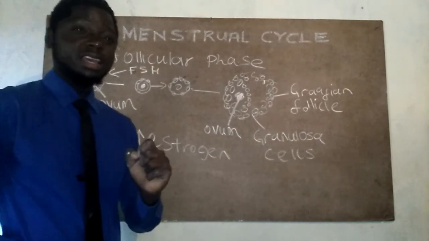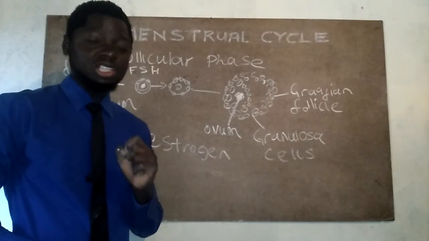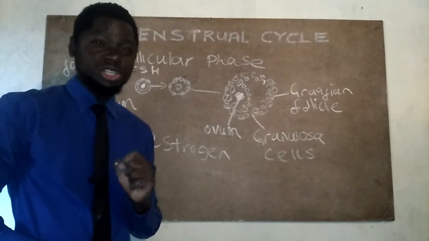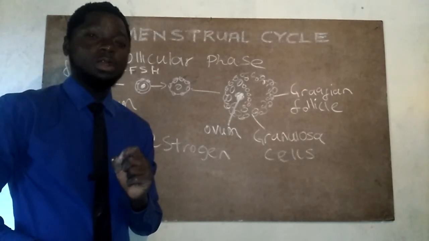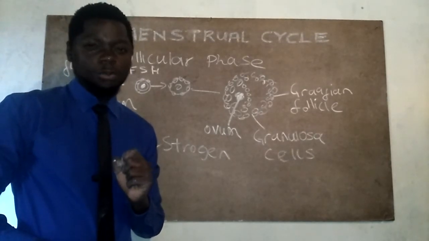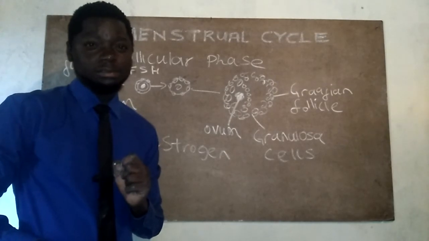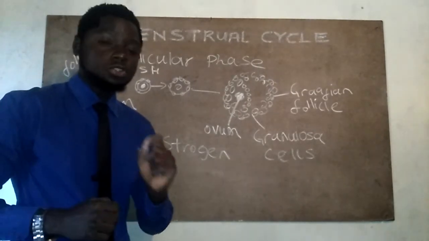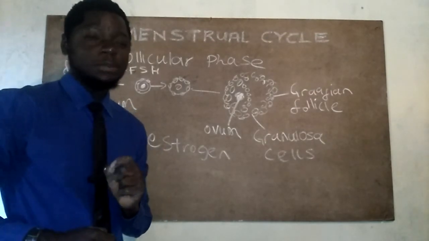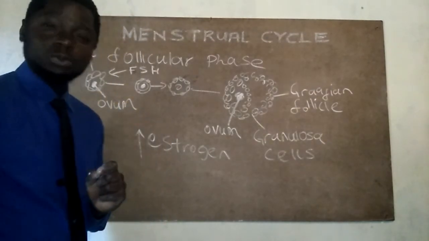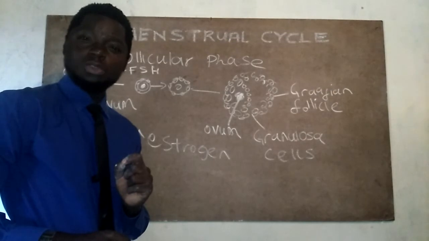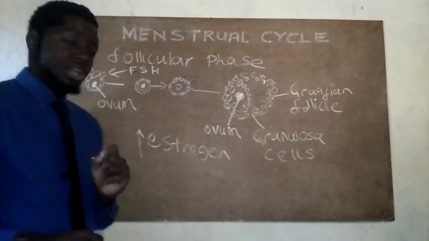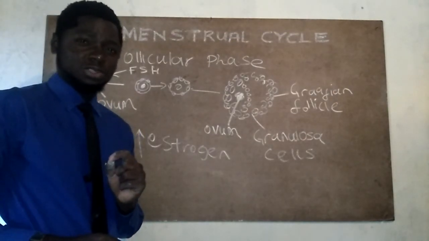It is only the high amount of estrogen which is going to inhibit the production of the follicle stimulating hormone by the anterior pituitary gland. Without the influence of estrogen, the anterior pituitary gland will still go on to be producing a large amount of follicle stimulating hormone. And when the amount of this hormone increases and the inhibition of the follicle stimulating hormone is done,